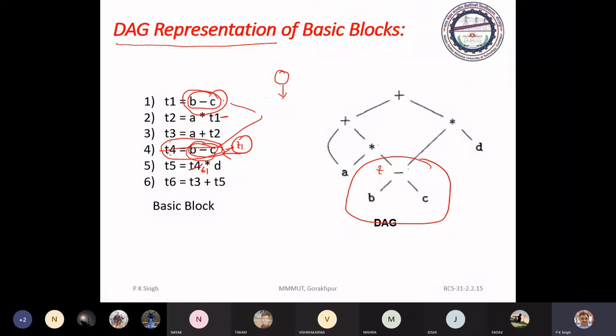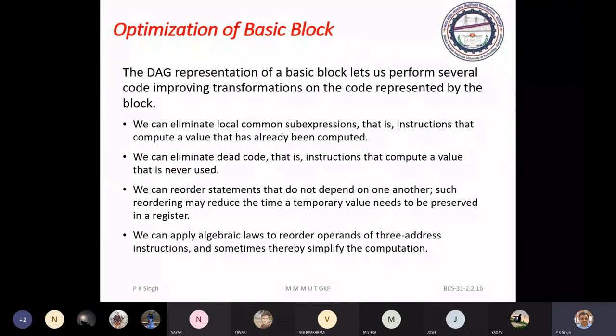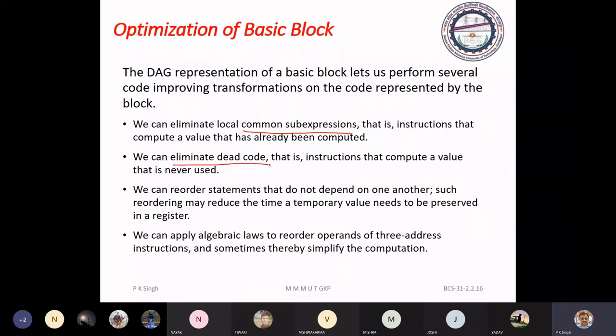Now we will discuss the sources of local optimization. We can eliminate common sub-expressions, and we have discussed eliminating dead code. These are sources of local optimization.